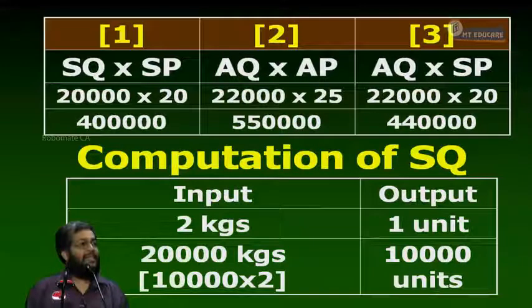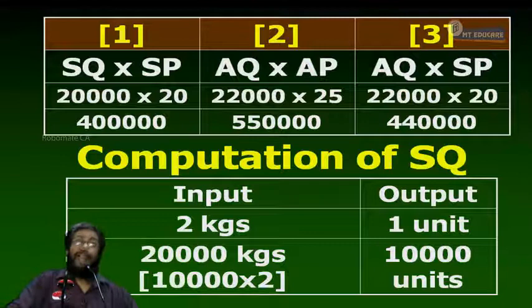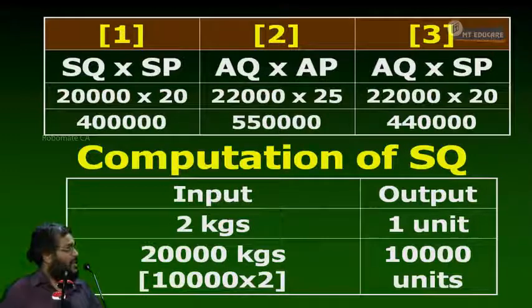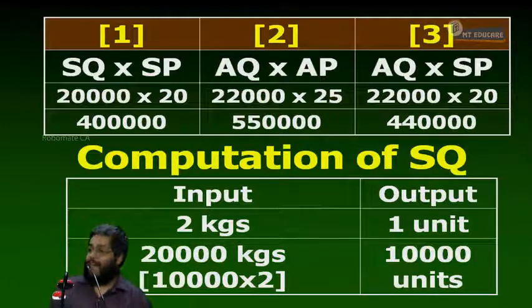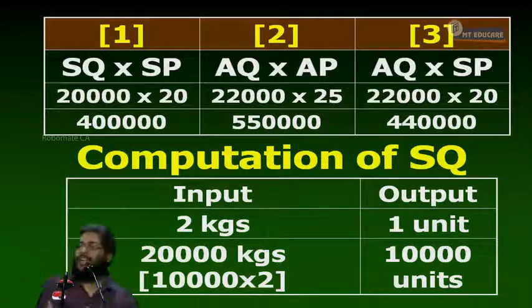Sir, the same logic for the purchase manager also. Because 3 minus 2, I should have paid 20. I have paid 25. 5 rupees extra I paid. Had the production manager rightly used, it would have been only 20,000, no? So, the remaining 2,000 is his overusage. So, when I multiply by actual quantity, you can put the question back to me saying that, sir, now we are using actual quantity. Is the evaluation of the purchase manager not influenced by the production manager's inefficiency? Question arises back. Yes or no?